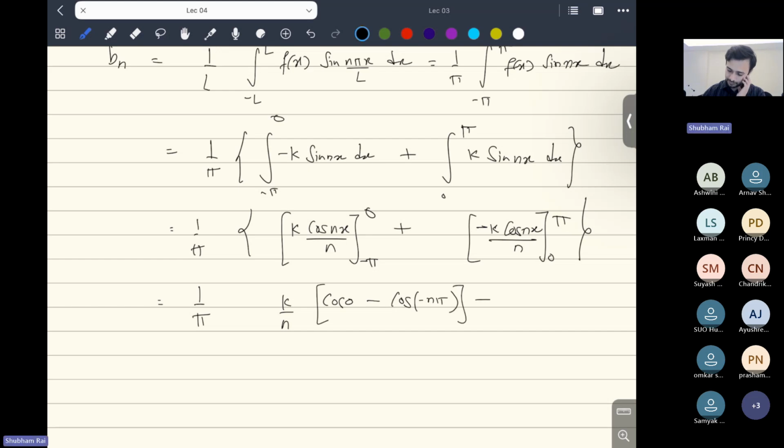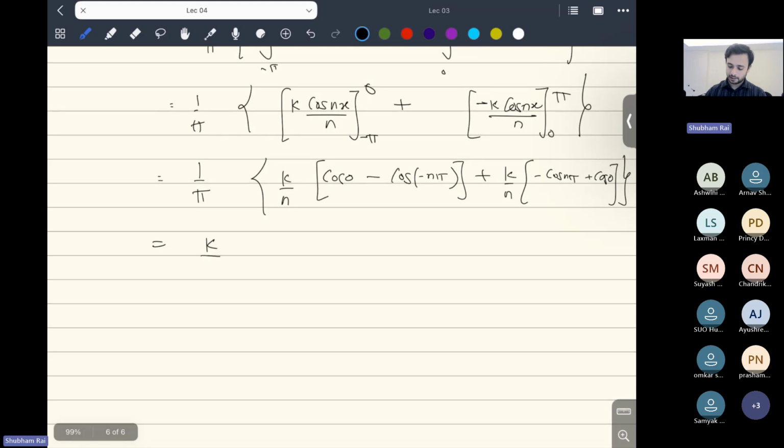This is the first term, and plus k by n will also be here, and then minus cosine n pi and plus cosine 0 finally. So you can take out k by n pi as common. So k by n pi will be outside, and 2 also will be outside because cosine of 0 plus cosine of 0 will be 1. So that will be 2, and these two terms will also add. So 2 also, so it will be 2k by n pi and 1